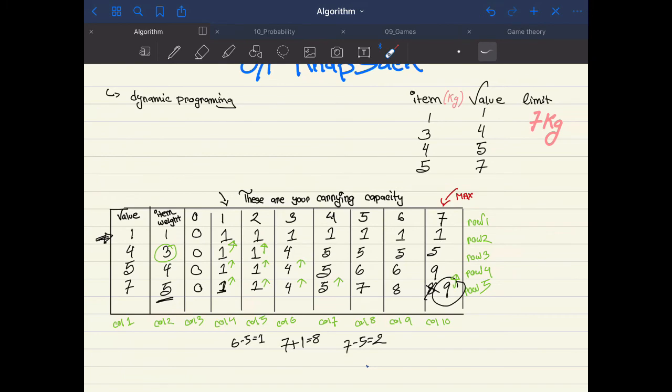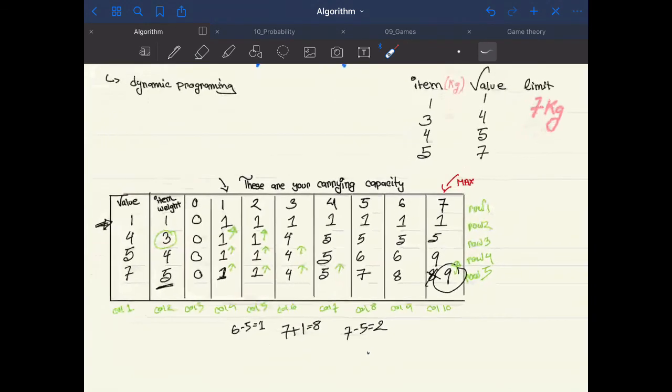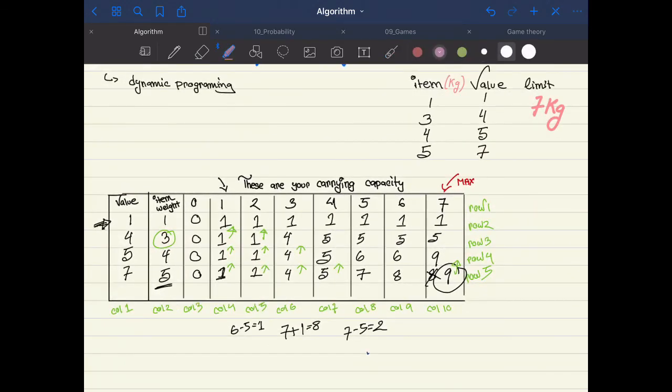So we go here, the last box in the table, and we see if this value is unique. So in this case 9 isn't unique, it came from above, right? So we go here and we check if this value is unique or not. So 9 is unique, right? It didn't come from anywhere else, so we're definitely going to take that row,